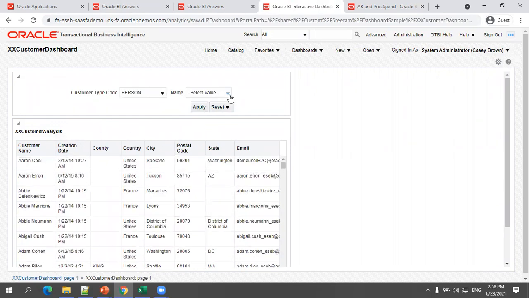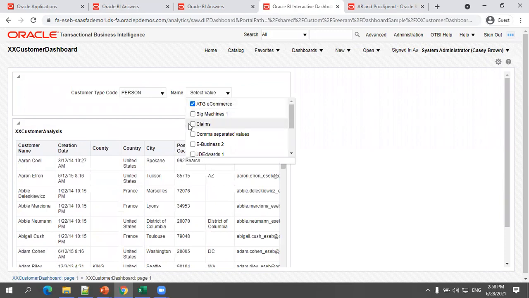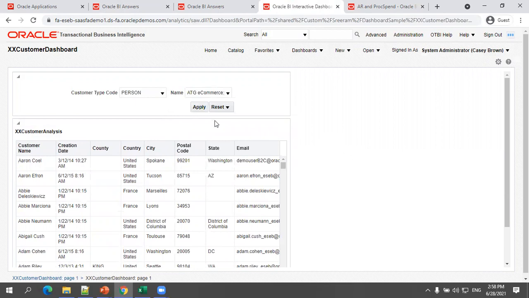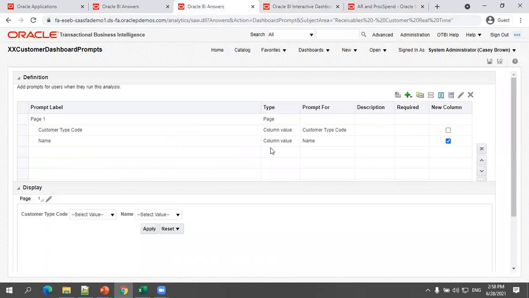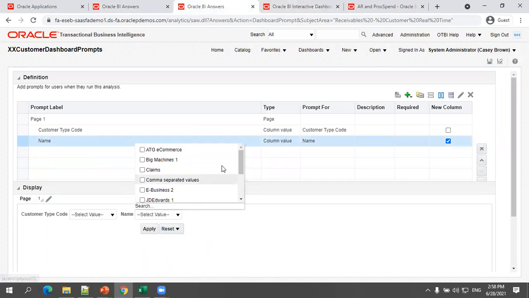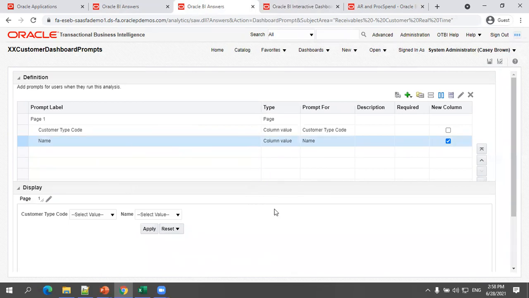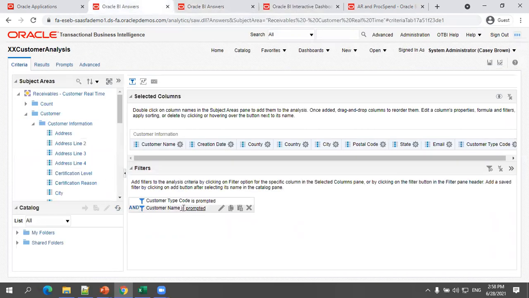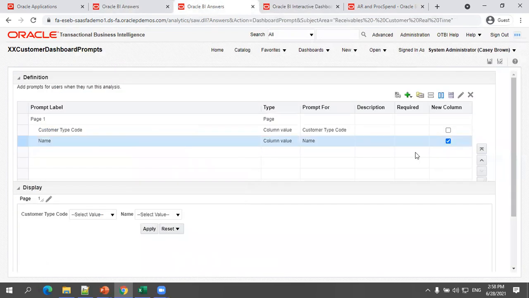Let us say I just want to select these first 5 customers and see whether it will work or not. Okay, customer name, still there is an issue, isn't it? So check out the prompt we have selected here. I think the prompt which you selected is not correct, because if you observe, the column name is customer name, but what we have selected is just a name. This is where the issue is.